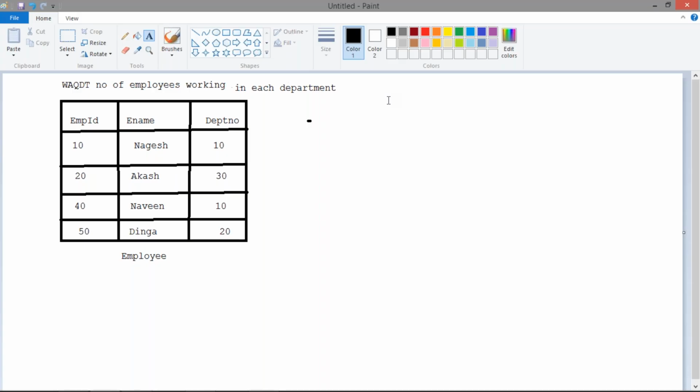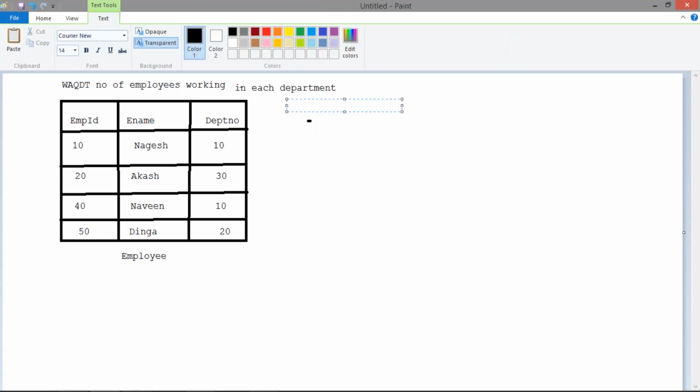So here I need to group the records based on department. I also need to count the number of employees. So I'll write select count of star, count of star, next from